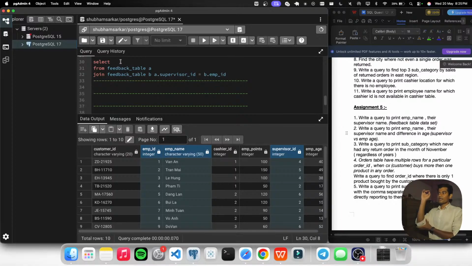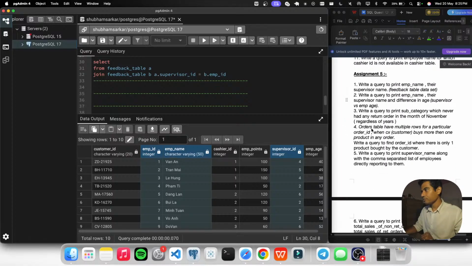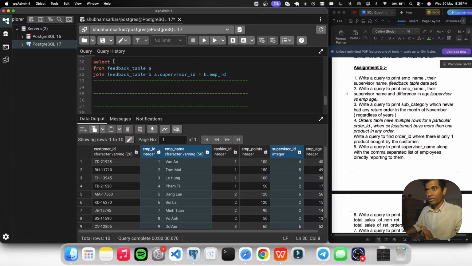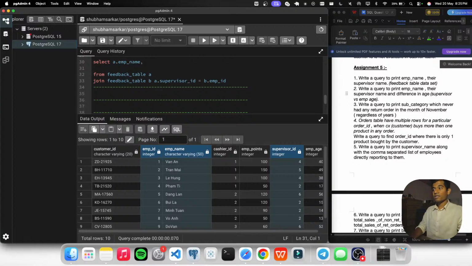अब ये तो ज्वाइन कर लेंगे, उसके बाद क्या क्या डिटेल हमें चाहिए, एक मिनट, हमें चाहिए एम्प्लॉय नेम। एम्प्लॉय नेम कहाँ से मिलेगा, फर्स्ट टेबल से। इसके बाद हमें क्या चाहिए, सुपरवाइज़र नेम, वो मिलेगा सेकंड टेबल से।